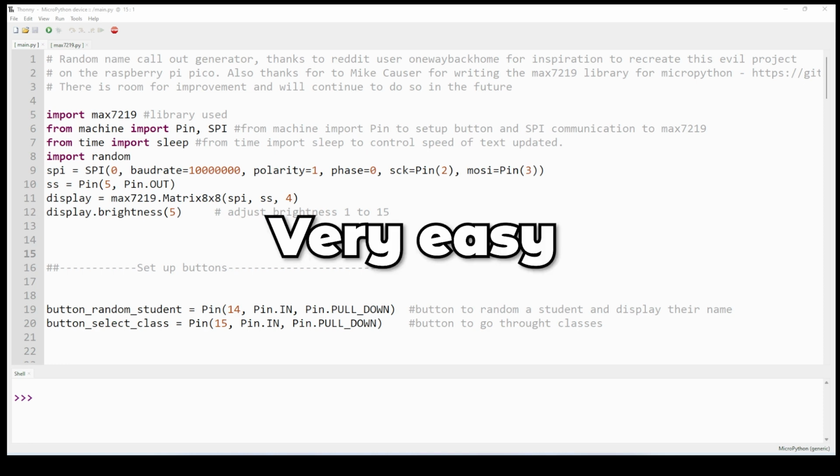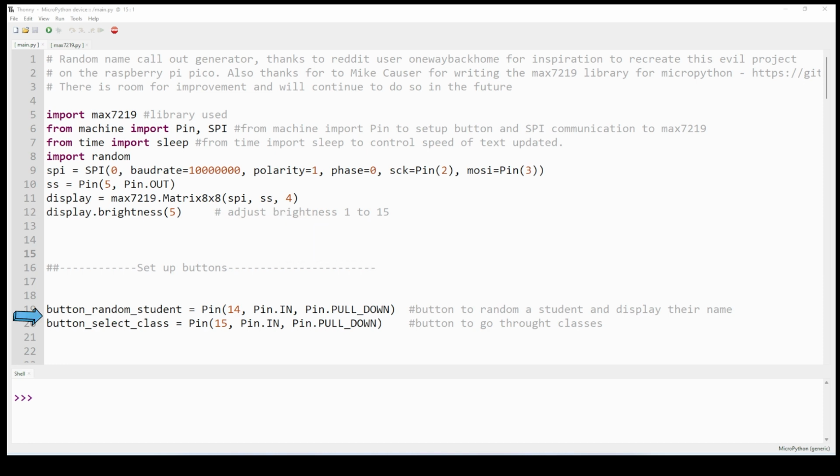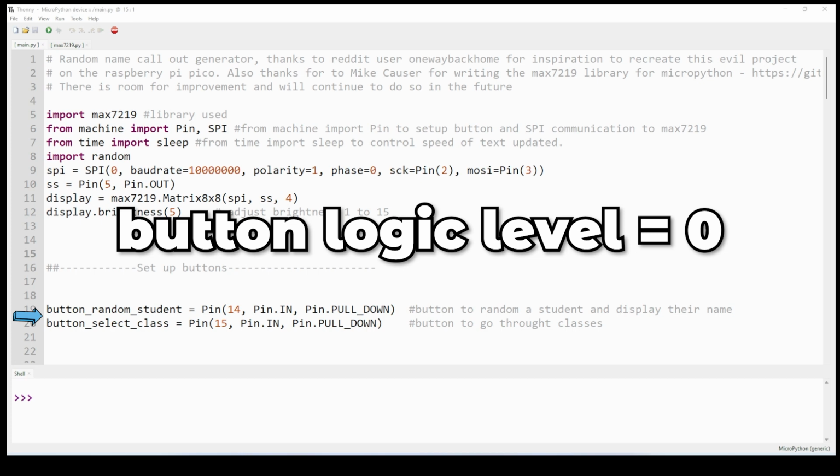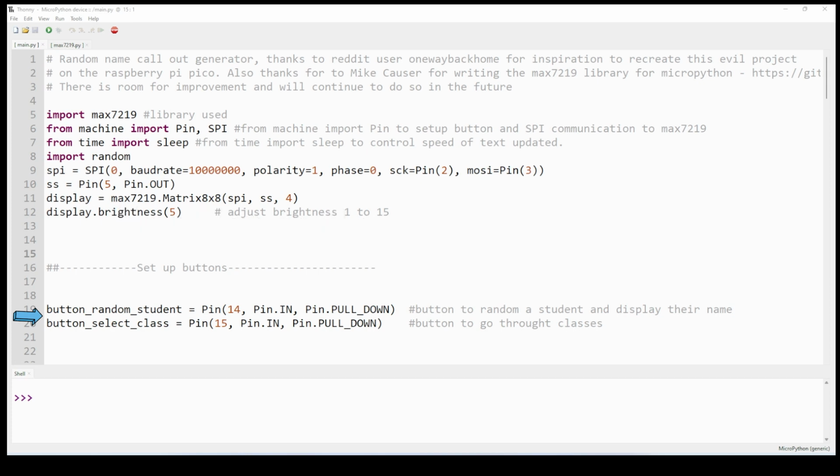Very easy. Here we set up our two buttons, and I use pin 15 and 14, making both a pull down, which means they are currently low level and connected to ground, and once you press the button it will pull it up to 3.3 volts, giving it a high input. We will use one button to randomize a student in a student list, and then a second button to select